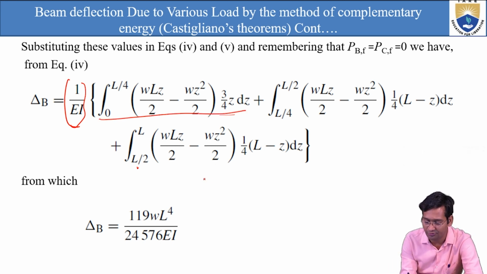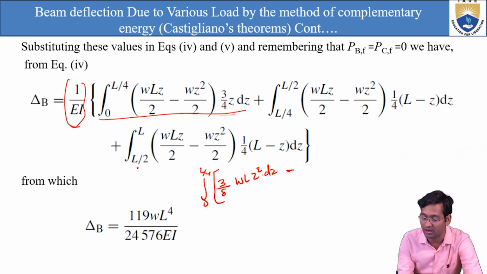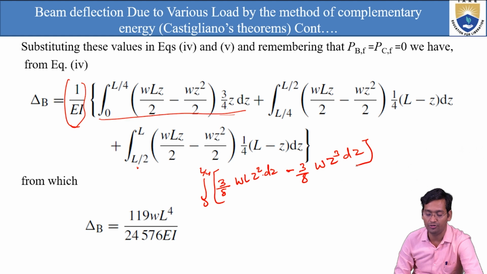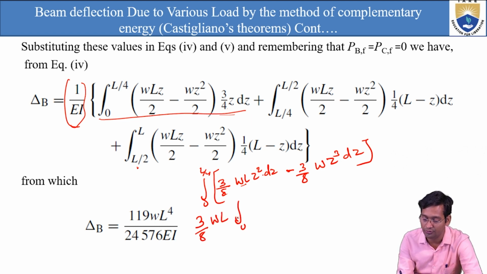Here we have 0 to L by 4. I am multiplying this term inside, so this becomes 3 by 4 into 2, so 3 by 8 W L Z square dz after multiplying with this term. Then inside the integration, minus 3 by 4 into 2, so 3 by 8 W Z square into Z, that is Z cube dz. This we have to integrate from 0 to L by 4. So 3 by 8 WL is constant, integral of Z square dz from 0 to L by 4,